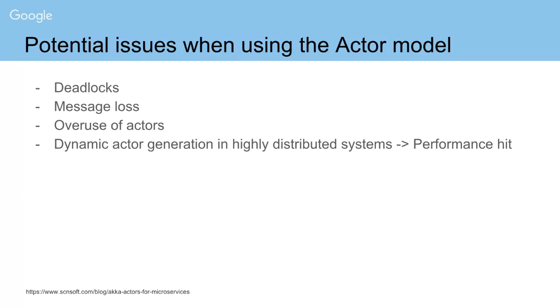Another one is it can produce message loss, and due to the nature of the system, this message could be gone and nobody really knows about it. The other thing that came up is the overuse of actors,